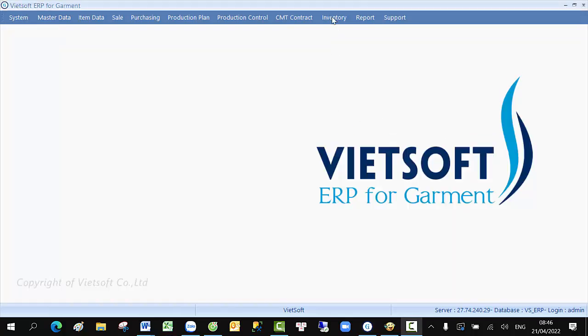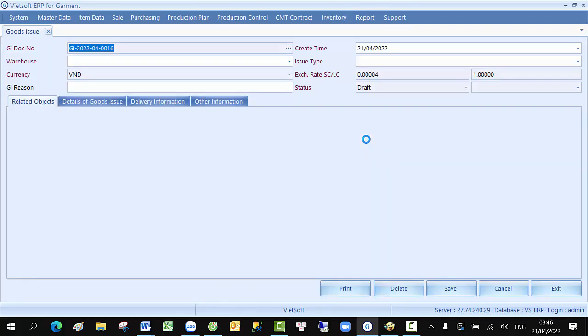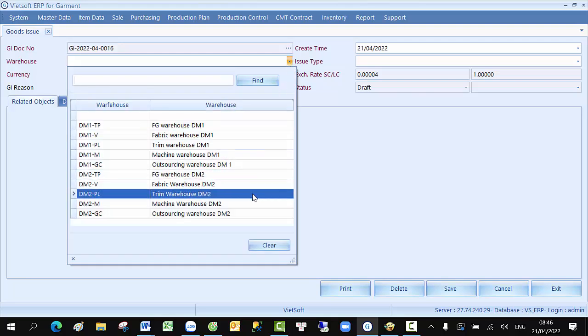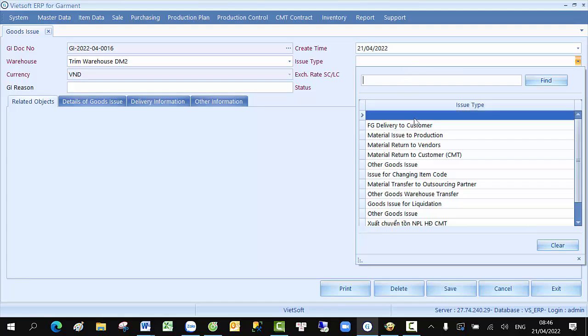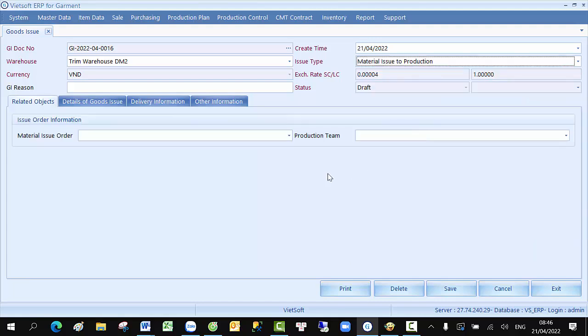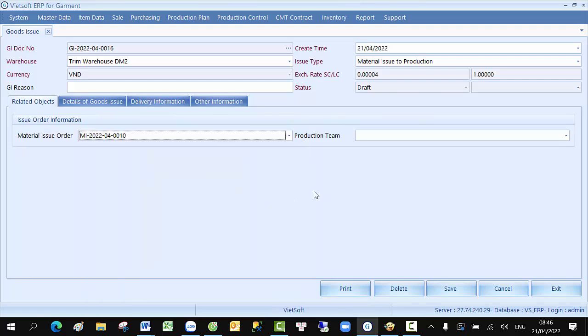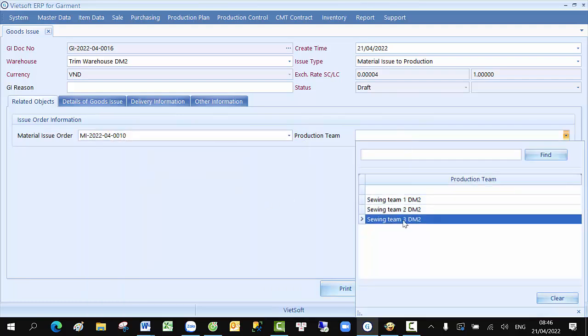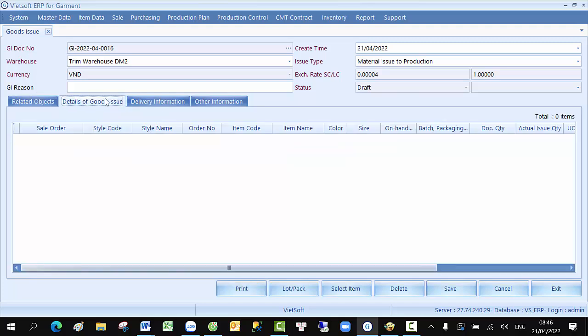Now we do issuing materials to production. We go to inventory menu and then goods issue. You select warehouse, and issue type material issue to production. In the first tab, you select material issue order and production team. In the second tab, you click on Select Item button,